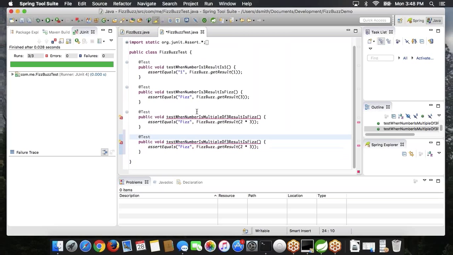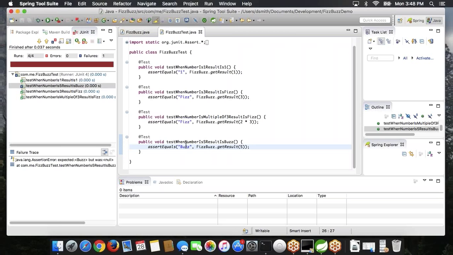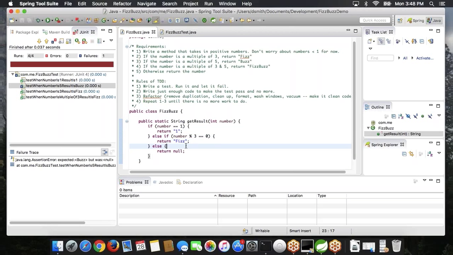So say when number is five, result is buzz. Say 2 times 5. Actually, we'll just say 5. We say it is buzz here. Auto format, run my test, fails, go back over, and